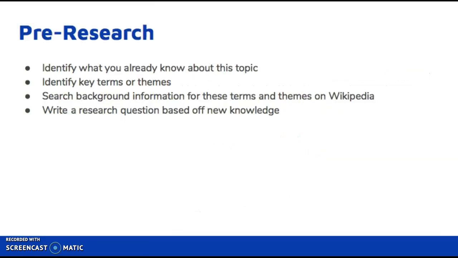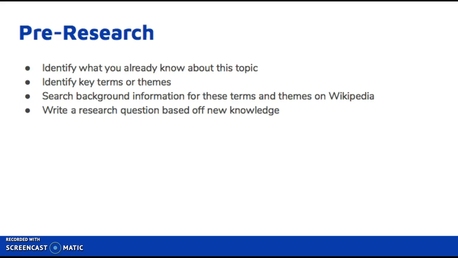The steps of pre-research include: identify what you already know about this topic, identify key terms or themes, search background information for these terms and themes on Wikipedia, and write a research question based off new knowledge. I already knew that GPA is a quantitative measure of a student's academic success. My key terms include student success and higher education, and my initial research question was, how is college student success